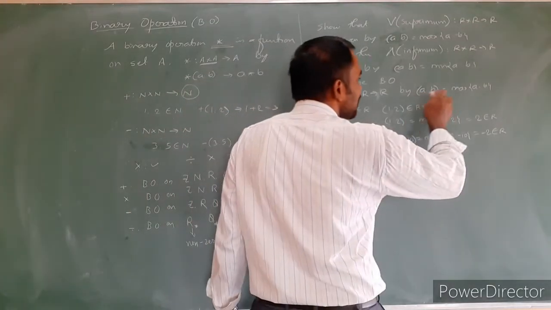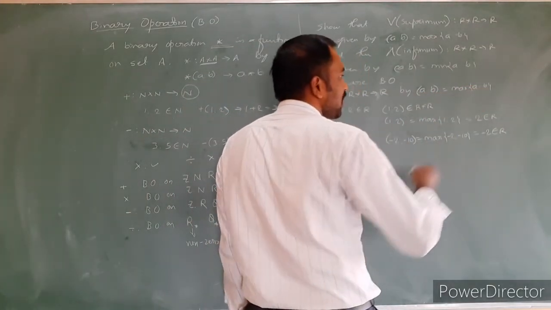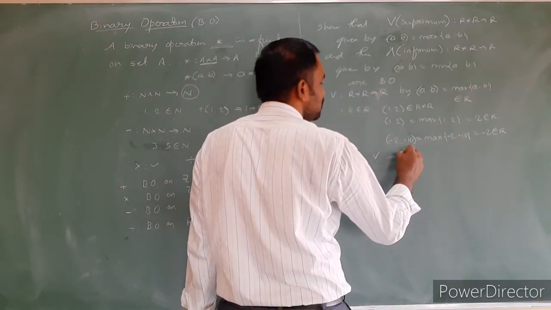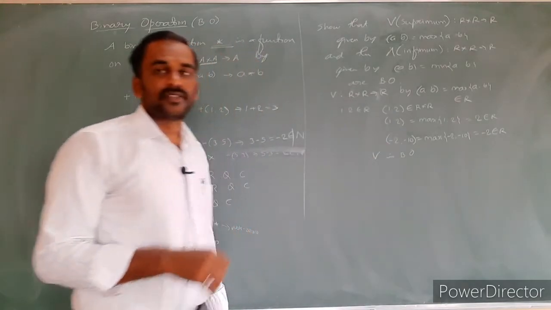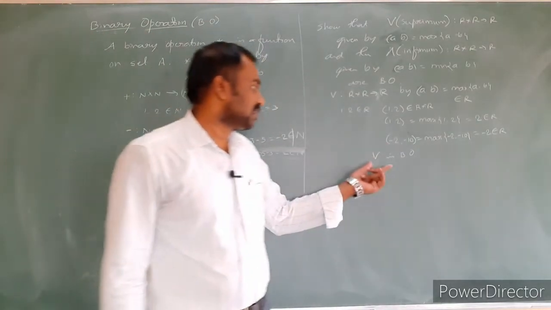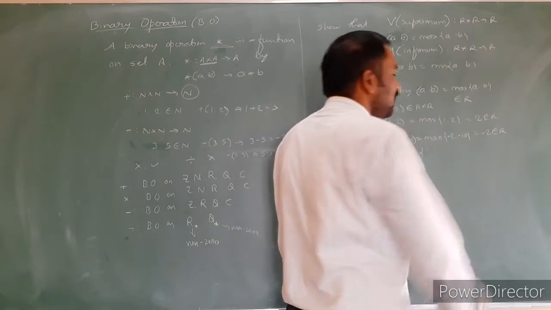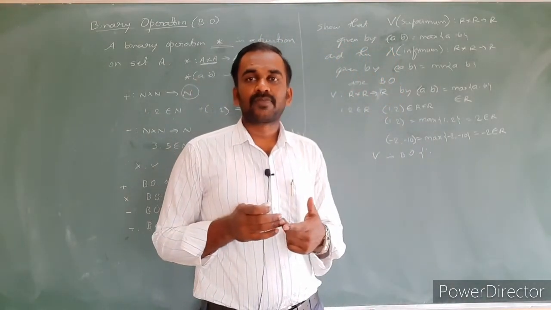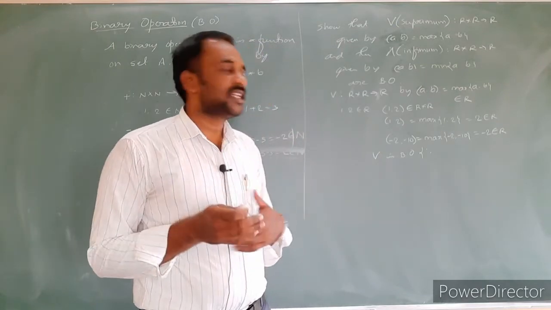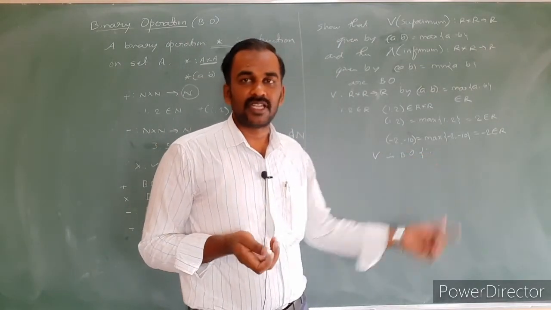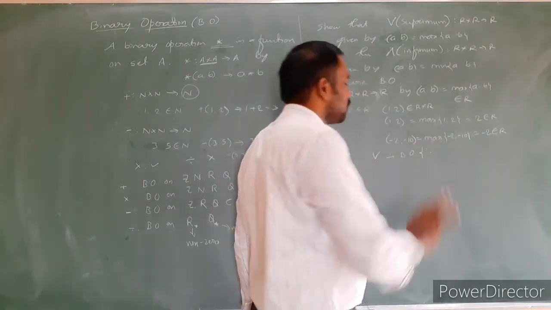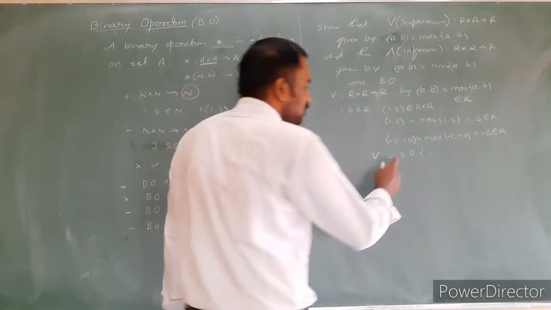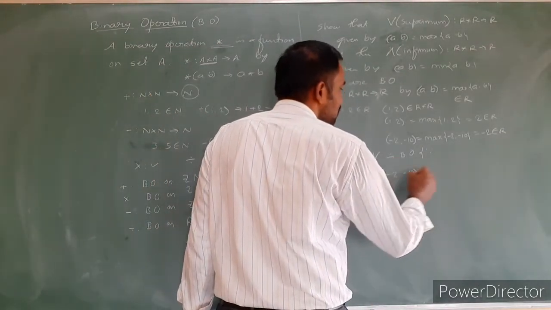Generally you can say that the maximum of A and B also belongs to the real numbers. Obviously you can say that supremum is a binary operation. Here you can give one statement: on comparing any two real numbers, the maximum of the given two numbers is obviously a real number, therefore it is said to be a binary operation. Similarly, infimum you can easily prove. For example, minus 2 comma minus 10.